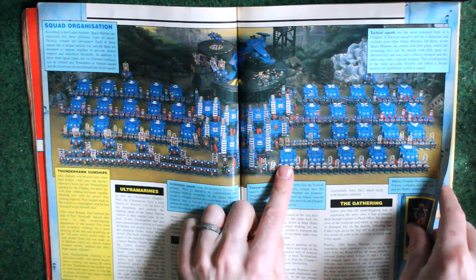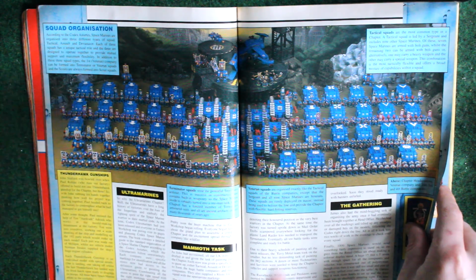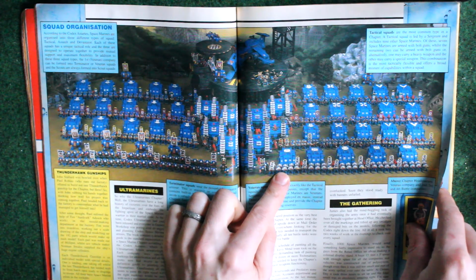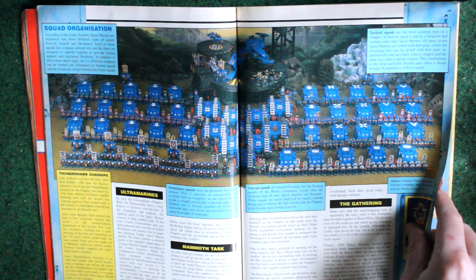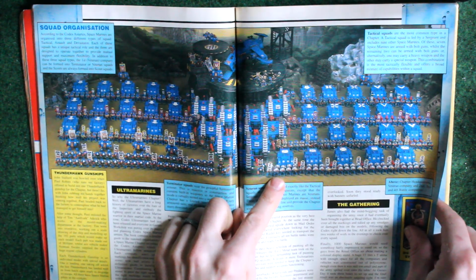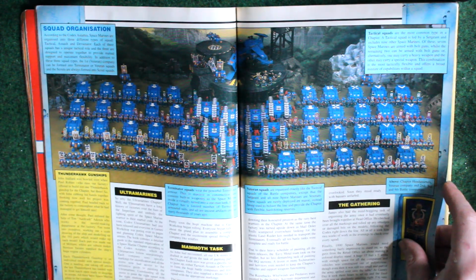I mean, you can't see the quality from this far away, but trust me, the people who actually painted them may object, but to my young eyes at least, they looked like they had been sprayed Ultramarines blue, maybe had a black wash and some colour put around the edges, and that's about it. There was not a whole lot of certainly heavy metal style highlighting and shading going on here. They were pretty simplistic,